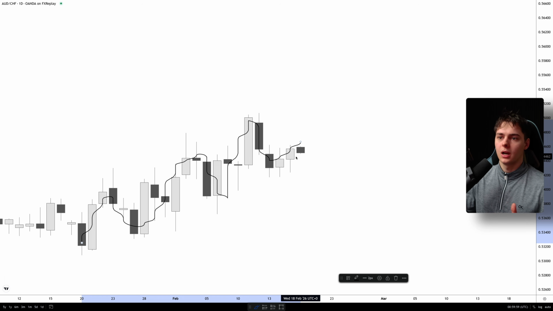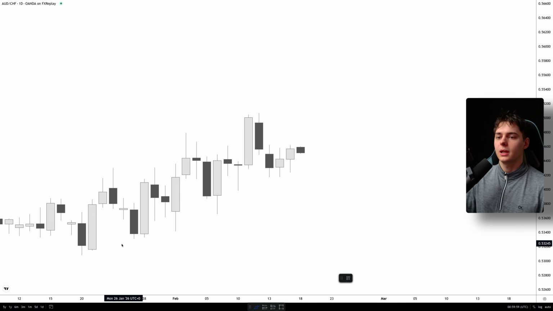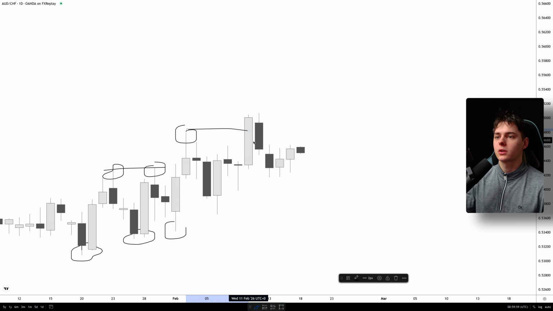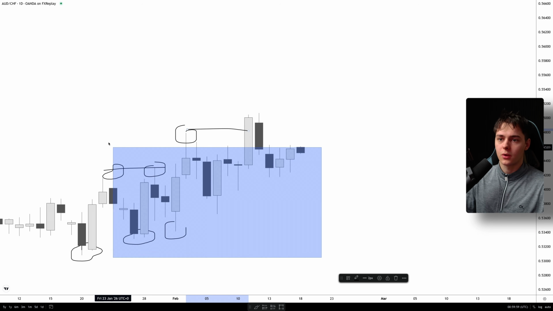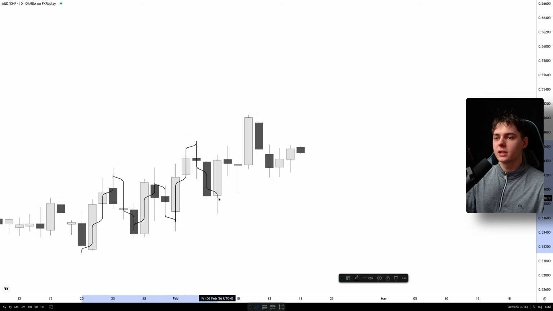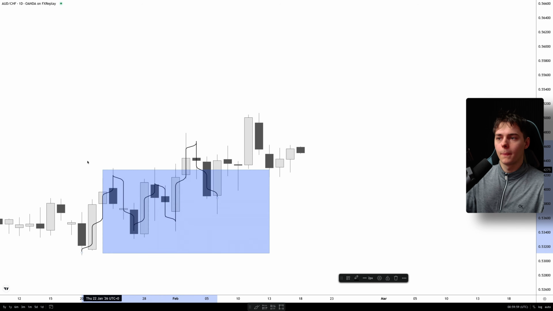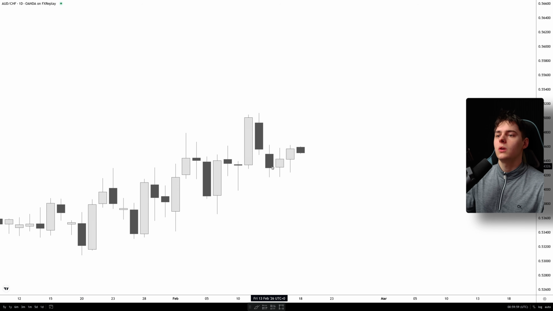We are just having an uptrend, right? Why? Because we are making higher lows and higher highs, right? We have a break of structure every single time that we're trading higher. Each and every one of these price action moves is going to be a leg on its own. And what I really like to pay attention to is, have we fallen into the equilibrium of all of these